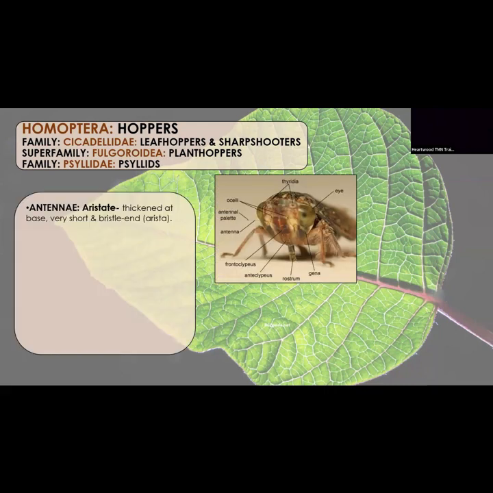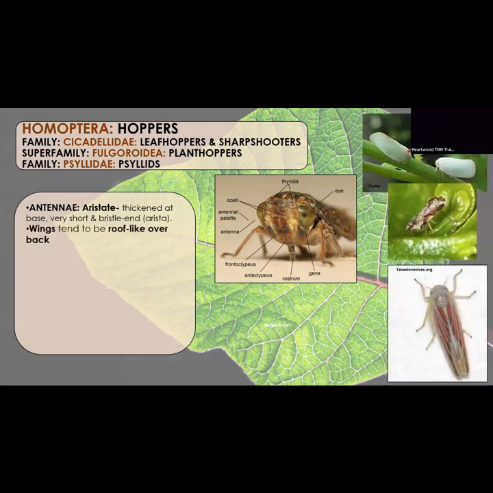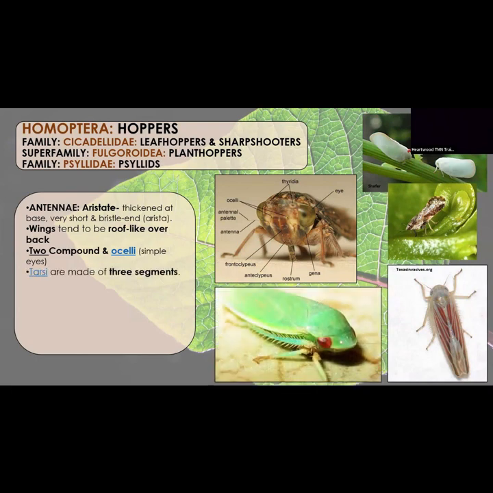So you've got homopterans, same wing, hoppers, a bunch of families. We got Cicadellidae, Fulgoroidea, Psyllidae. No, you're not getting quizzed on those. These are all basically hopper types. They all keep their wings held over their body like a roof. They are known to have compound eyes and ocelli that can be present right there. So big compound eyes and ocelli.